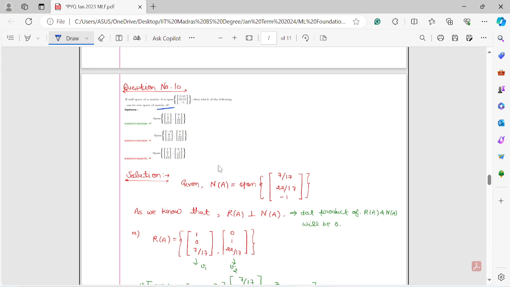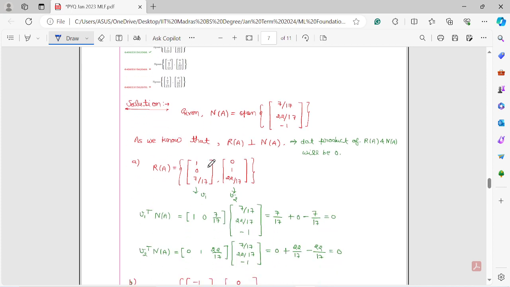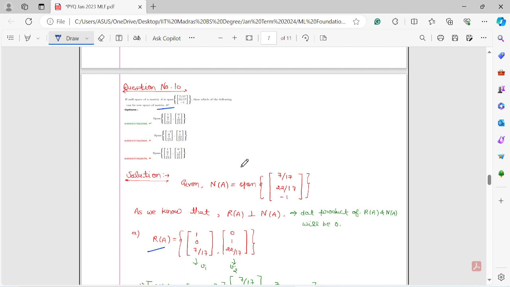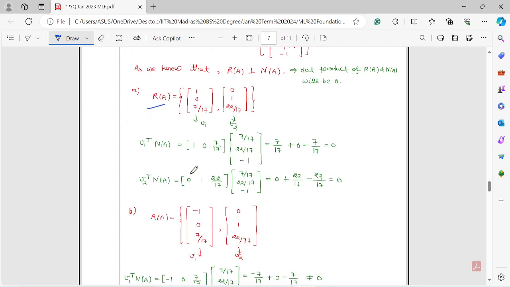For the first option, assume this is a vector v1 and this is a vector v2 which span the whole row space. We will check v1 transpose multiplied by the null space of A, which is given in the question,